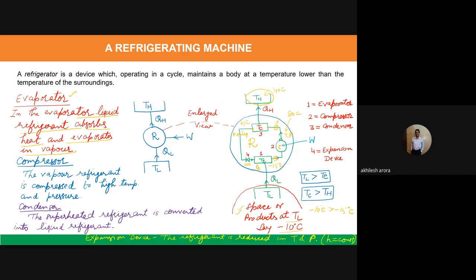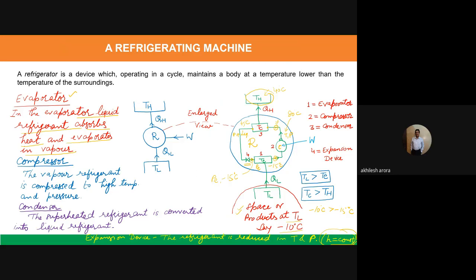So at this particular location, the pressure is actually PE and the temperature is actually reduced to minus 15 degrees Celsius because of the throttling. I have already told you that in the throttling process, the temperature reduces and the pressure reduces. So that is what is happening in case of the throttling process. But yes, there is one more thing, that the enthalpy remains constant during this particular process. So you need not worry.